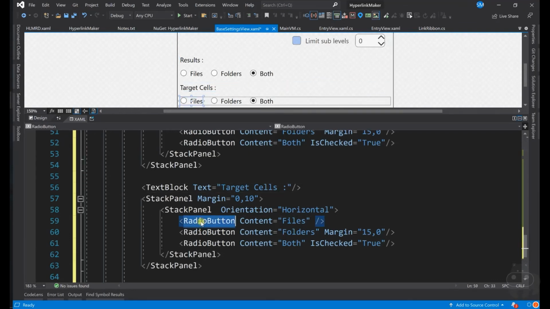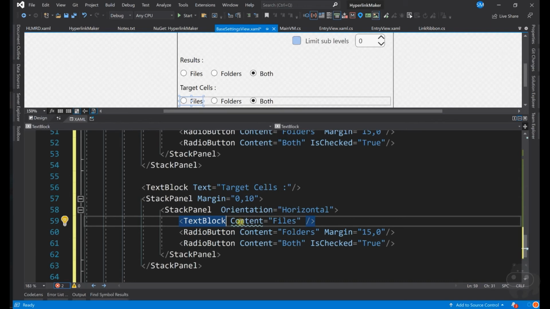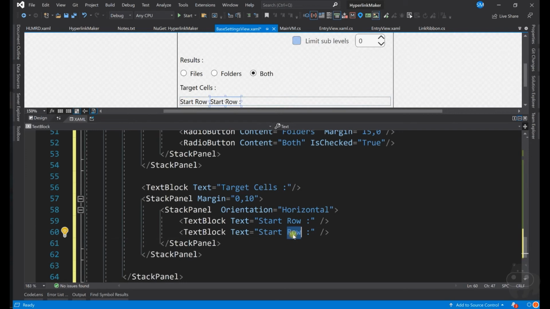So first one is text block, and text is start row, and you again have one more thing, and you call it start column.